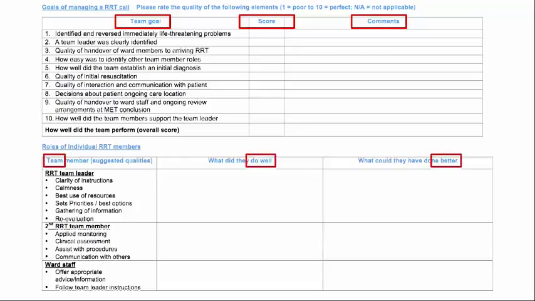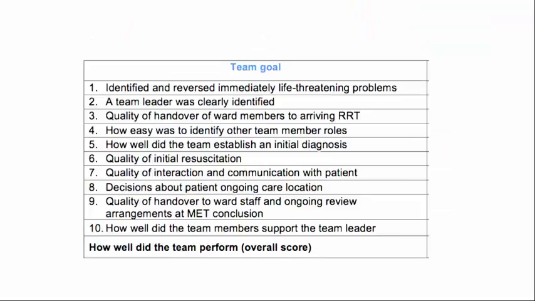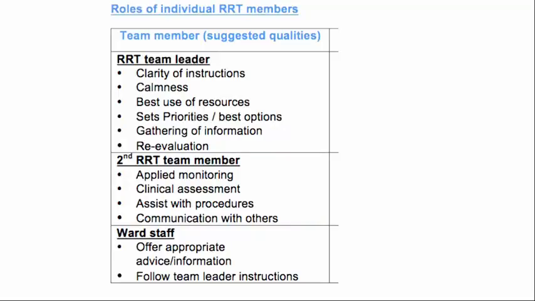Whereas for the individual roles, we're doing a Delta Plus type approach, where we say, what did you do well, and what could you have done better? Or if you did this again next time, what would you have done differently? So the Delta Plus type. And again, it goes through the various expected goals and the individual roles. And we've summarised those succinctly. So these are the 10 goals that we've talked about, and we deliberately try to keep it to 10, or roughly about 10, and these are the individual roles.